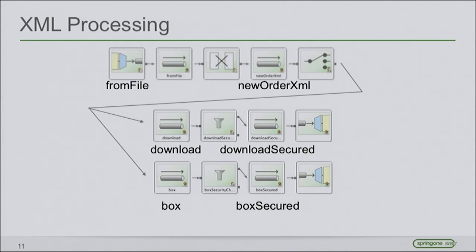Download means we need to prepare a download link and send it out to the user, and that's it. Box means we really have to ship something, so we need some more information. To make that more maintainable is the key here, we decided to do that with Spring Integration and not just implement it, which is obviously a good idea. Also, of course, we check if the order is authorized. That means if the one who submits the order has authenticated, and if he has a role which allows him to do that order.